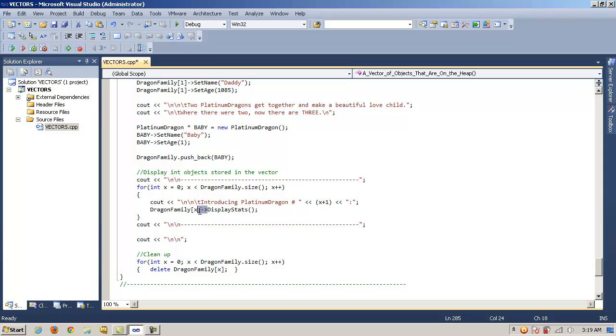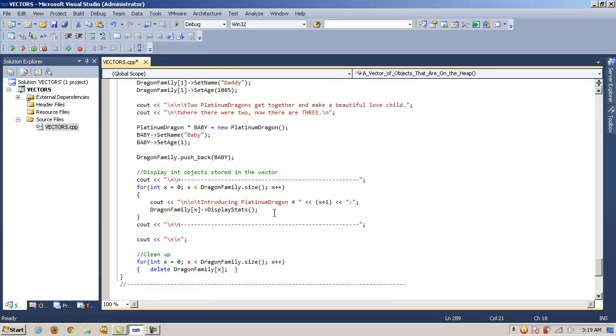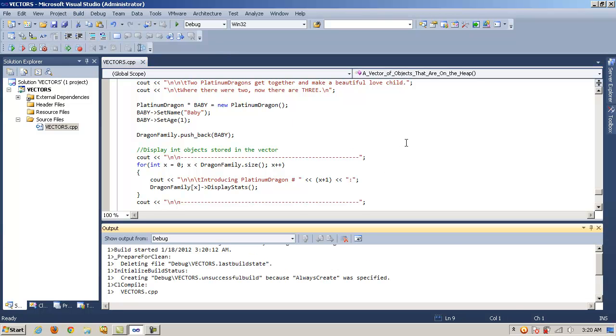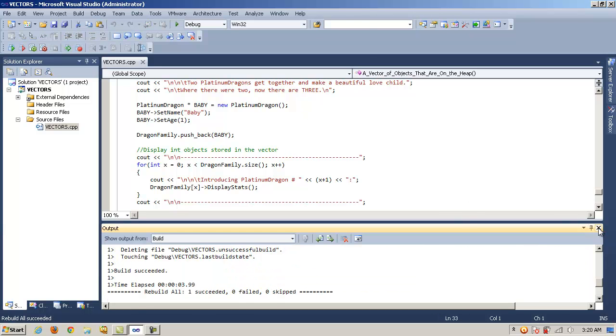And I kind of like this method for 2 reasons. One, I think the syntax is a bit more elegant and simplified. It's not as cryptic or difficult to follow. And also, you'll notice when we run it that there are fewer calls to the constructor and destructor. And finally, again, we need to call delete and clean up all of our objects on the heap. So again, for each of those dragons, we're going to call delete and free up the memory. So let's rebuild our project and test it. And personally, I just kind of like the way the code looks better